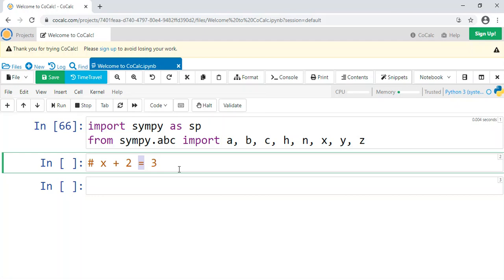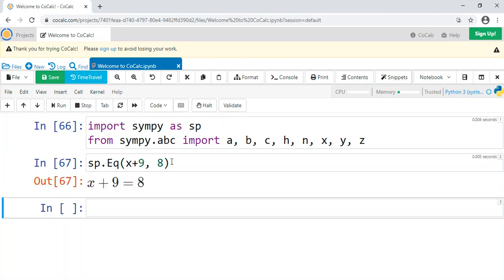Instead, you are going to have to use something called sp.Eq, with a capital E. Note the capital E, and then inside these parentheses, you put in your equation. So let's do x plus 9, comma 8. On the one side of what would be the equal sign, you put your first argument, and then comma, and then whatever would be on the second side.